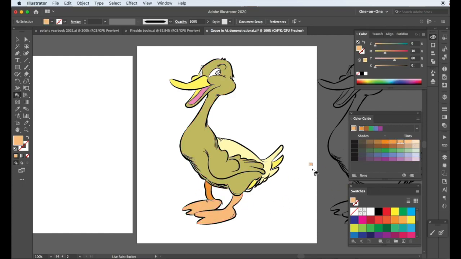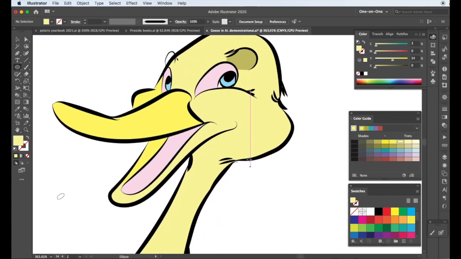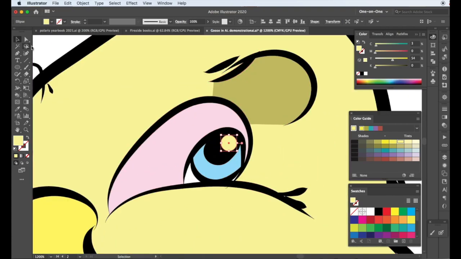You can always go back later, break it apart, and expand it so you can get the shapes and gradients and be one step closer. So it's just a simple illustration, thin and thick lines using the brush. Try to get some techniques in there using the